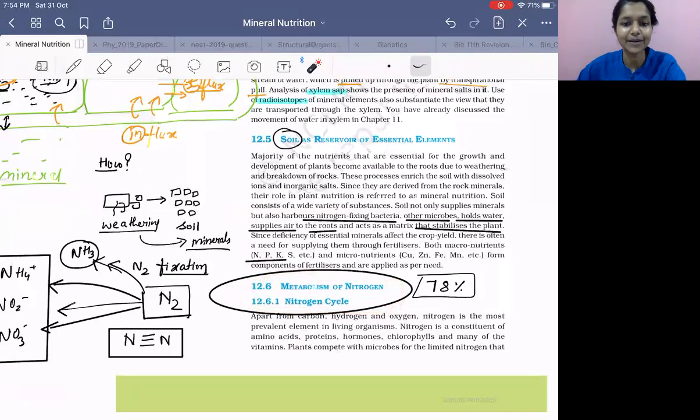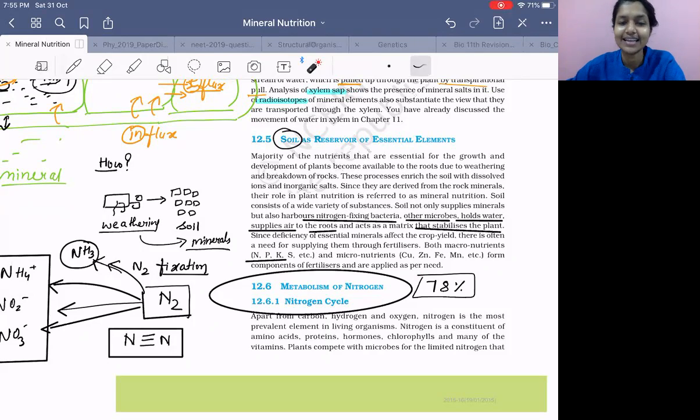Now the last topic of this chapter is what? Nitrogen cycle. So we all know that nitrogen is 78% in our atmosphere. How much percent is it? From the time you took birth till now, if anyone asks you, you give the same data to them. It is 78%. How is it that it is getting maintained every time, every year, every now and then? How is it possible? The only possible reason is that there is a cyclic thing happening, right? One after the other, one after the other. Something is repeatedly done, right?